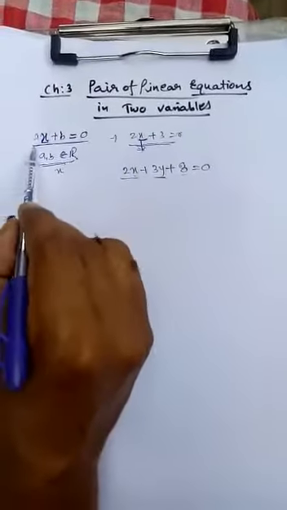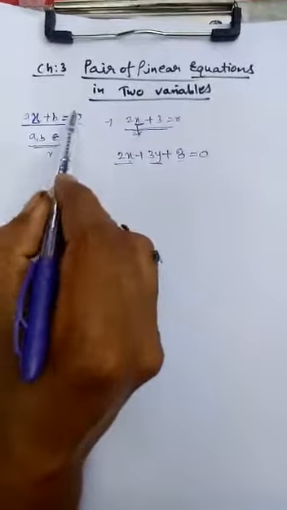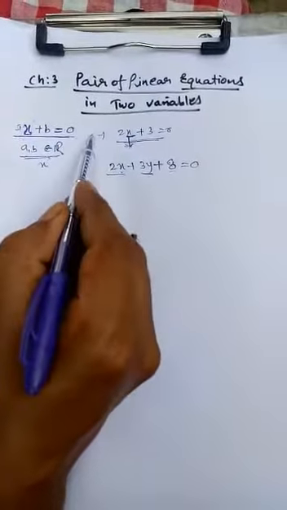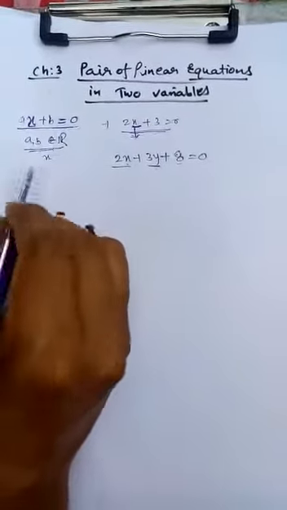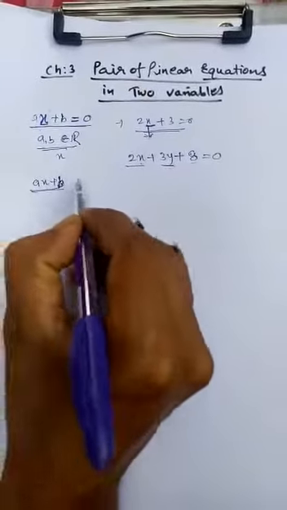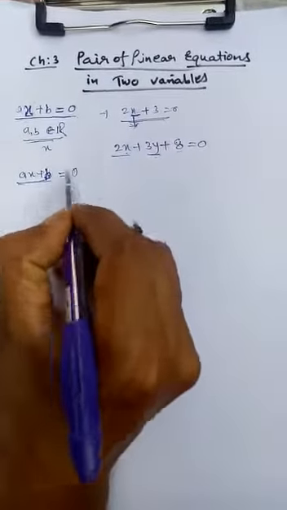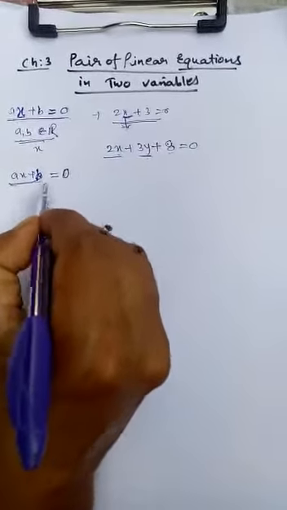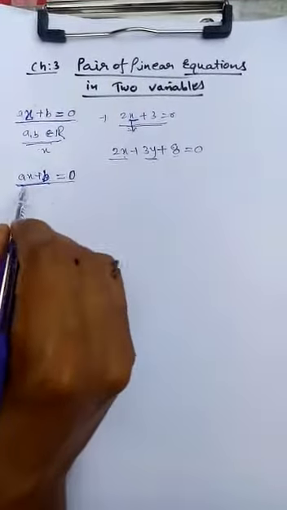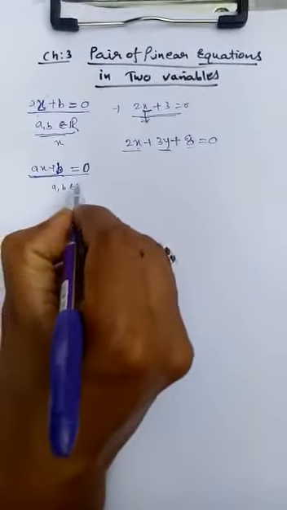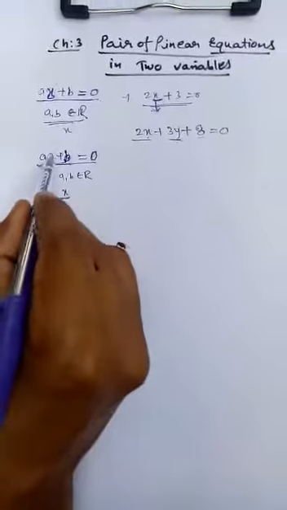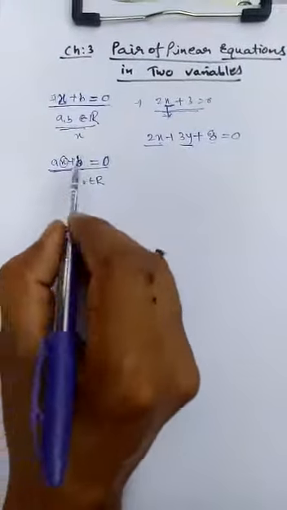Equation: a mathematical statement is known as an equation. Like here we have ax plus b equals 0. Here, ax plus b is an algebraic expression, and when we equate it with a quantity, suppose 0, it becomes an equation. How many variables? If a and b belong to the real numbers, then we have only x as a variable, so this is a linear equation in one variable.